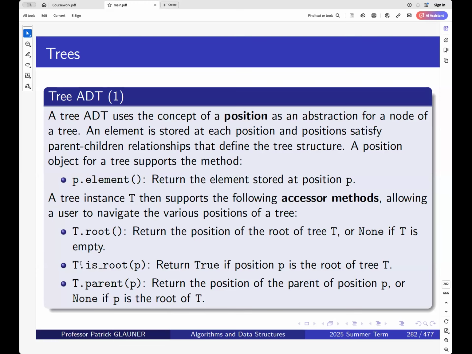You can also check, say you have some tree object and you have some position P, you could check whether P is actually the root of T, and that function would return true if that position P is the root